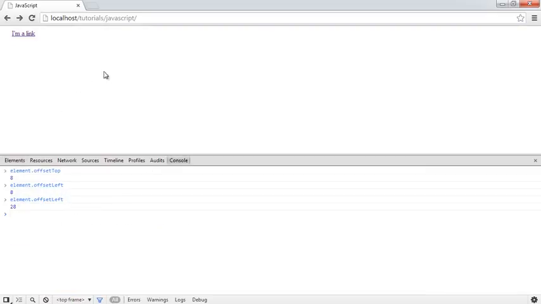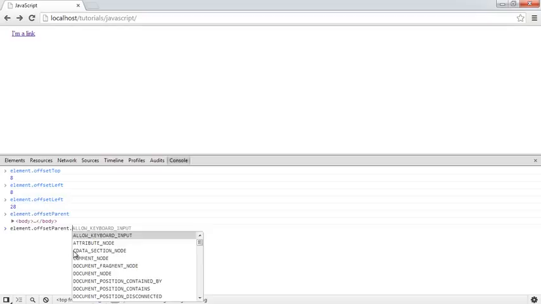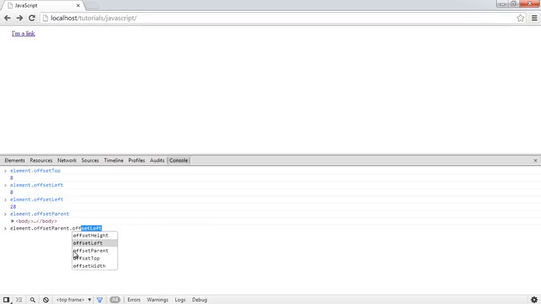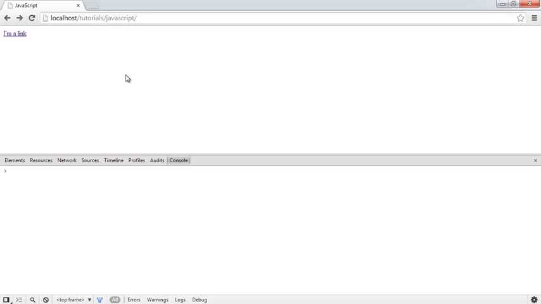Also, if we have elements within other elements, we'll be able to say things like the offsetParent, and if you take a look at that, you can see that we've got offsetParent.offsetLeft and offsetTop. So for example, if I say offsetTop from the parent, that's 0, and offsetLeft from the parent, that's 0 as well. So it makes sense to delve into these things, and here you can see that this property contains other properties as well, so it's nesting properties in here. But that's just a little introduction as to how you might look at properties and methods of a DOM element